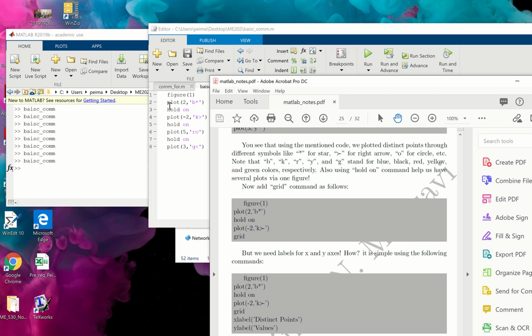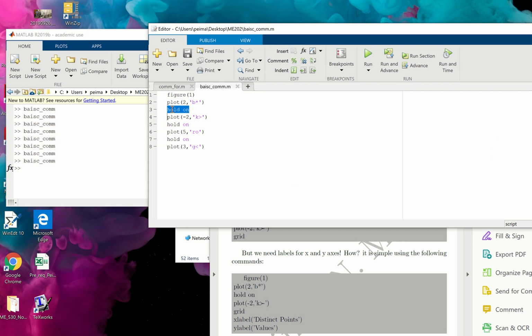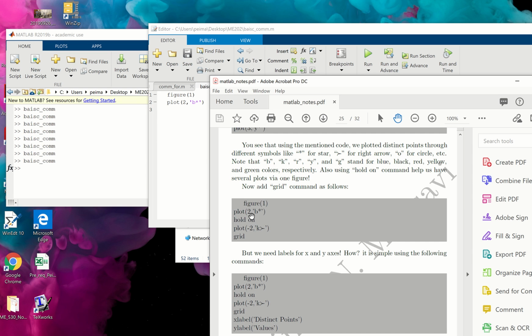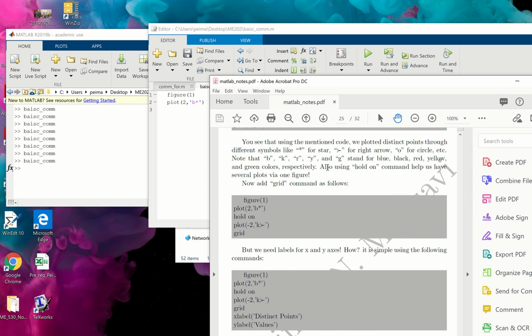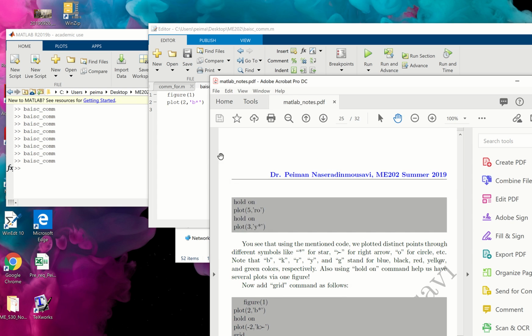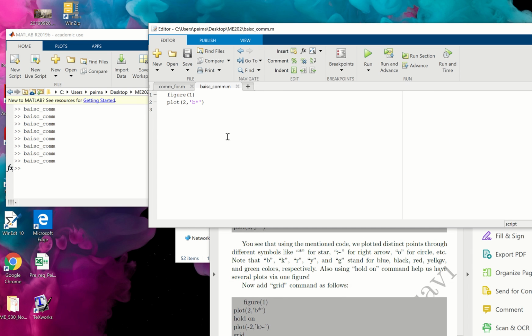Look at here, guys. This is what we had previously. Here we go. Plot 2 in blue that we had already. Hold on. Okay. Plot -2 in black with the right arrow. That's right. And now if I say grid,